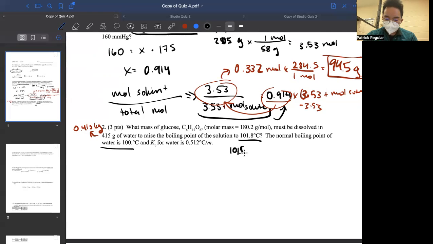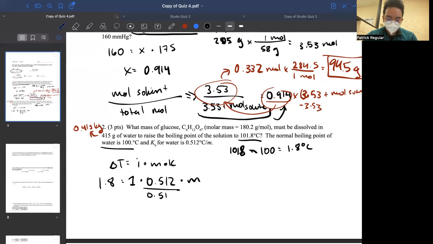So 101.8 minus 100 equals 1.8 degrees Celsius. Now, our delta T equals i times m times K. Delta T is 1.8. And glucose has a Van't Hoff factor of 1, since it's not ionic. Our K factor is 0.512, for molality. Let's divide that over. We'll divide by 1, that doesn't really do anything, so just leave that out. So 1.8 divided by 0.512, that will equal